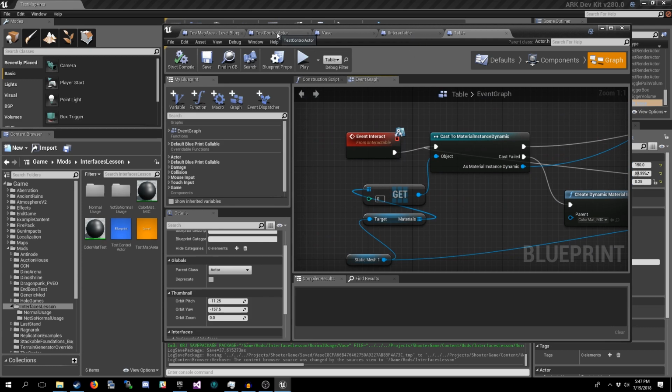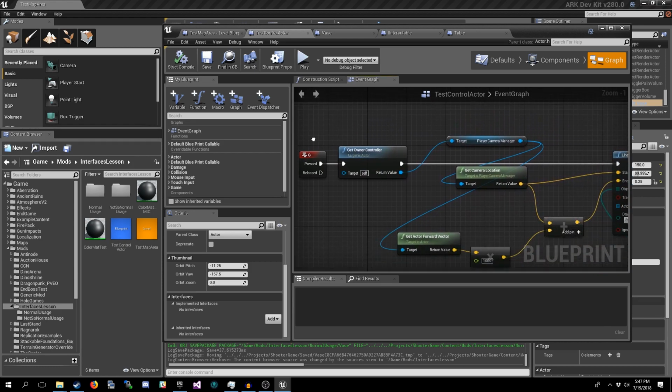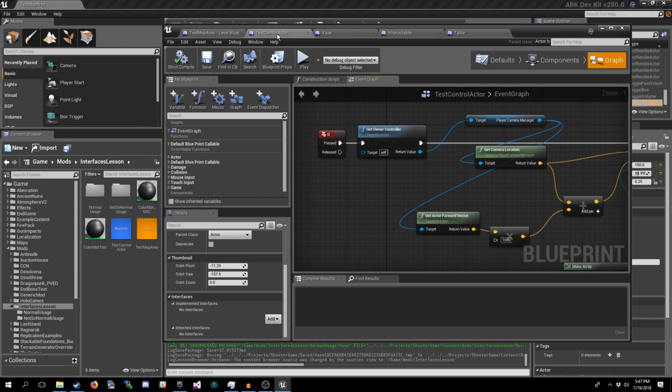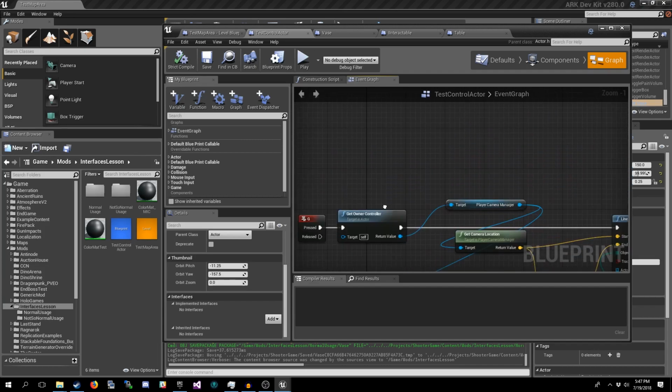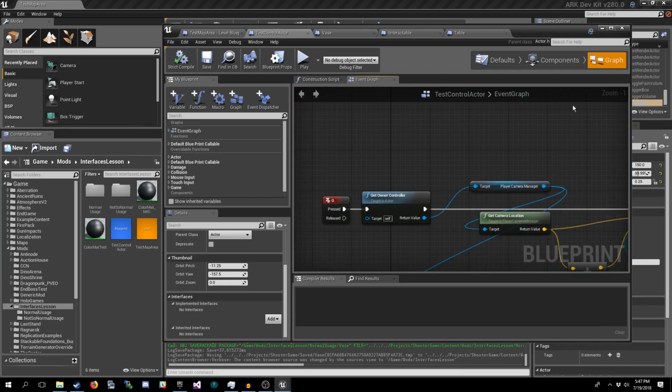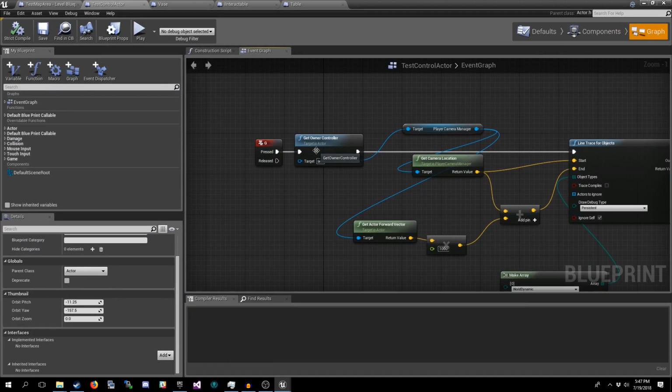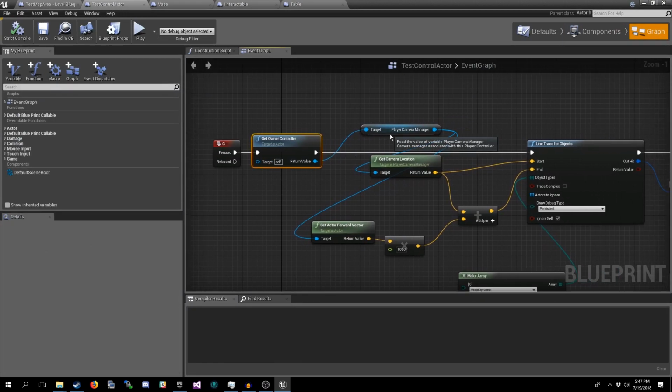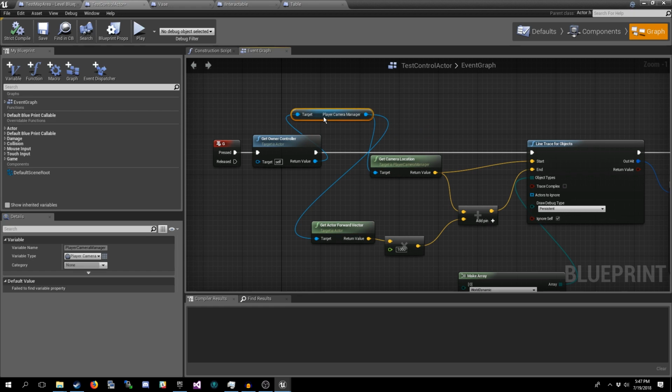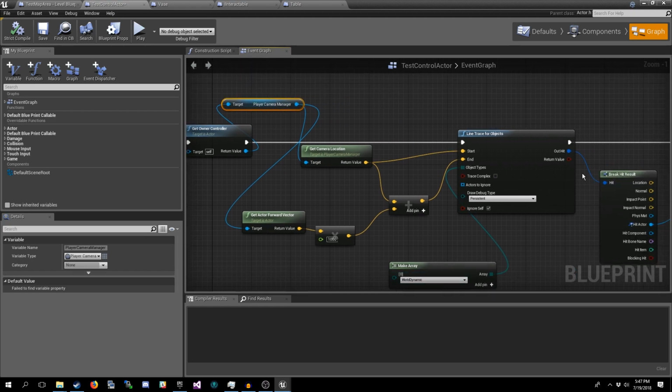The way this gets called, once this test control actor has been added to my character and the input has been enabled, it gets the owner controller, it gets the player camera manager, and then we do this thing here. This particular thing is not necessarily explicitly required for interfaces, but for a lot of the common uses of interfaces, they usually involve player interaction. Line traces are useful for that.